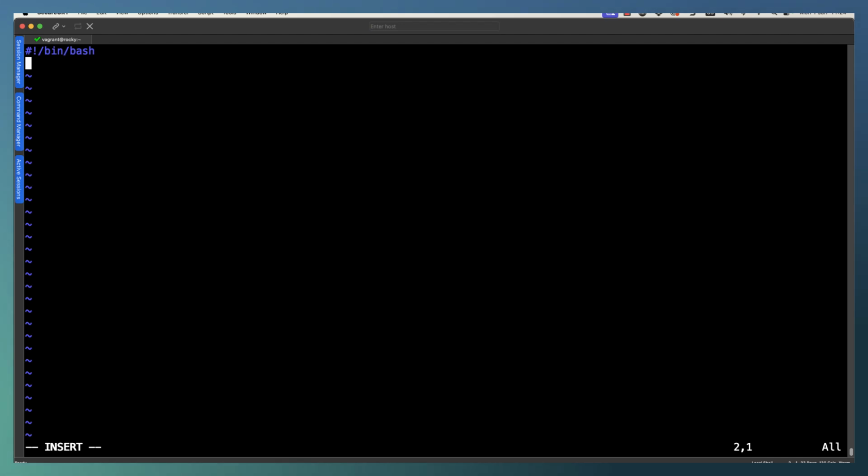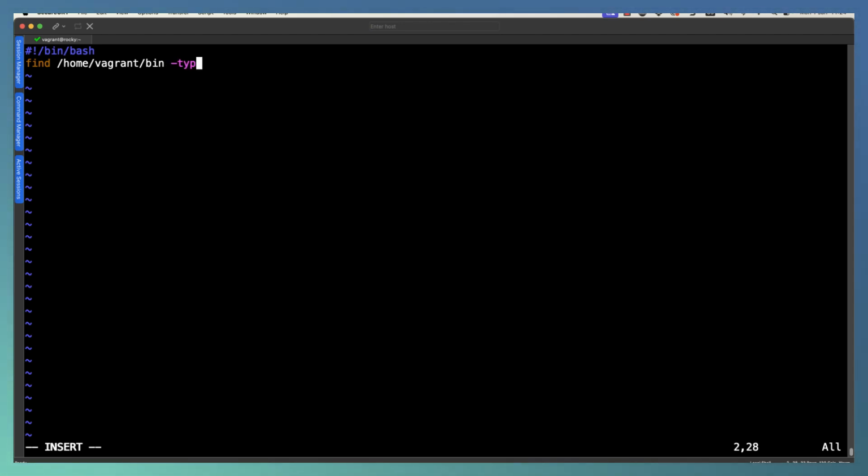And then we can use the find command. This can be quite useful in itself. So if we go through and specify find, and we can look below /home/vagrant/bin. So we're searching for all files below the bin directory that are regular files, so -type f, and are not executable.